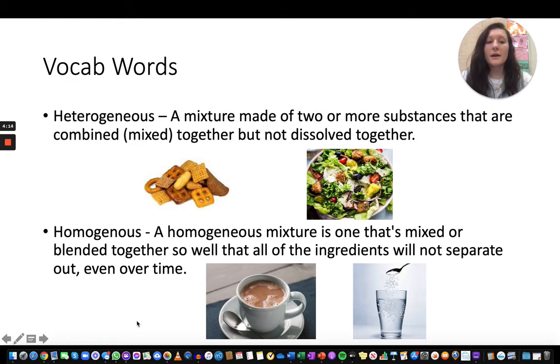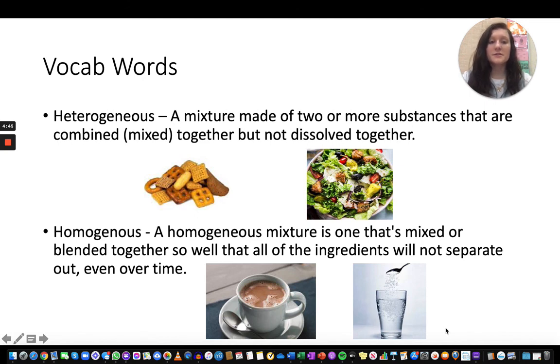And then our last vocab word is homogeneous. Homogeneous is the opposite. A homogeneous mixture is one that's mixed or blended together so well that all of the ingredients will not separate out even over time. So again, the example of the hot chocolate and the salt being dissolved in the water would be examples of